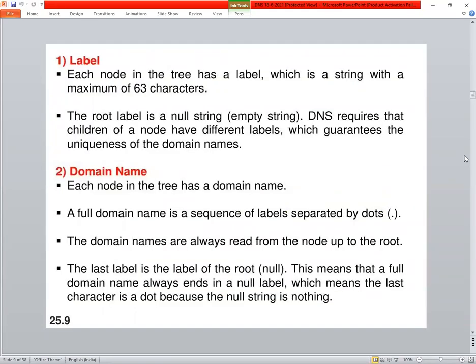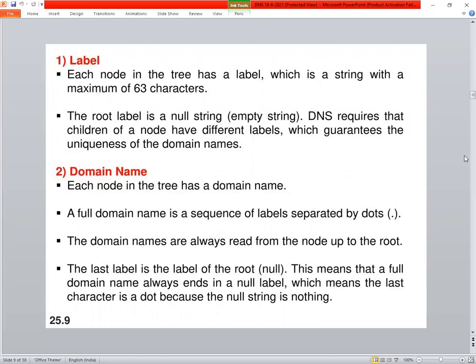Each node in a tree has a label, which is a string with a maximum of 63 characters. The root label is a null string. So the root node does not have a label, or if it has a label, it will be null.